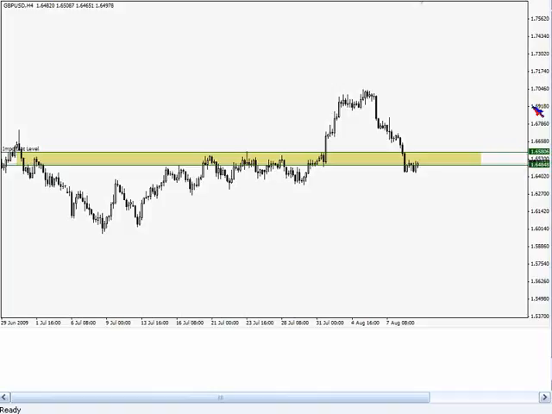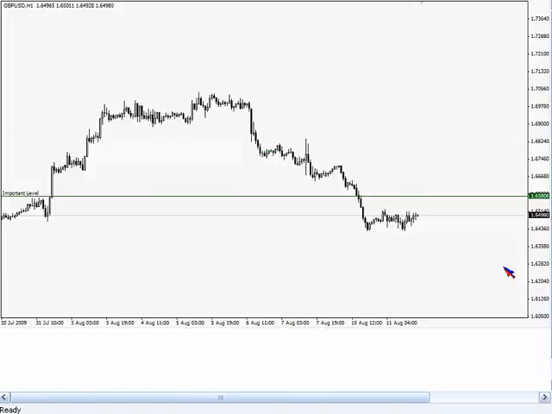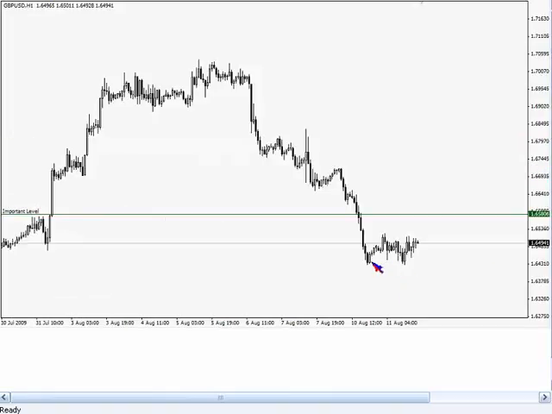I'm going to now come down to the 1 hour chart. Actually, let me get rid of that box, just so we don't muddy the charts too much, not too difficult to read. And now we get an even clearer picture of what this area of indecision looks like. On the 4 hour chart, we had some big candles up, big candles down, big candles up. Really doesn't say a whole lot. But on the 1 hour chart, we're actually seeing a lot more decision to the top and to the bottom of this channel,